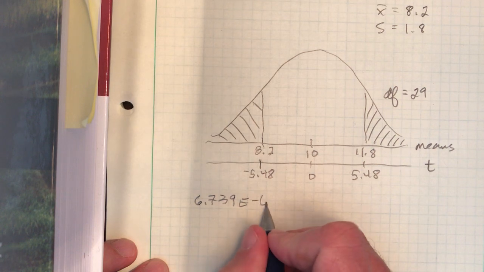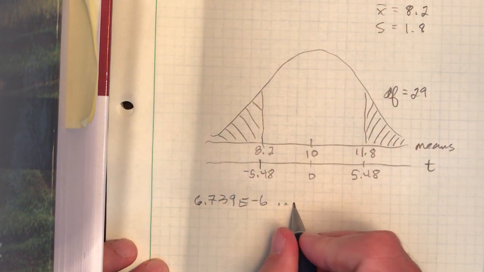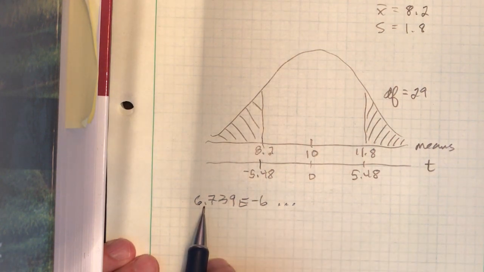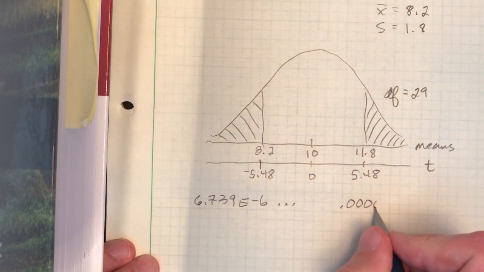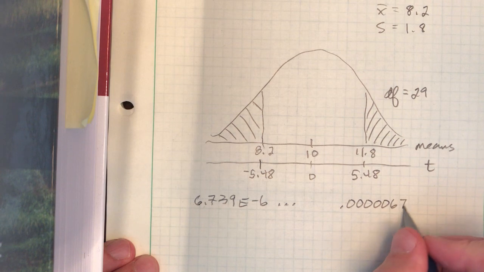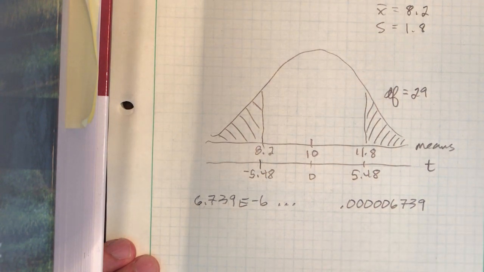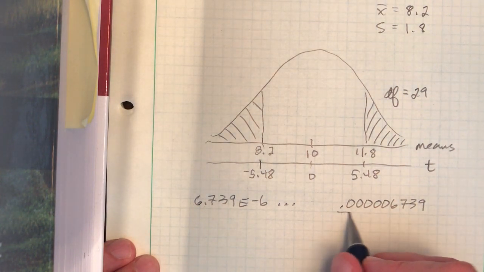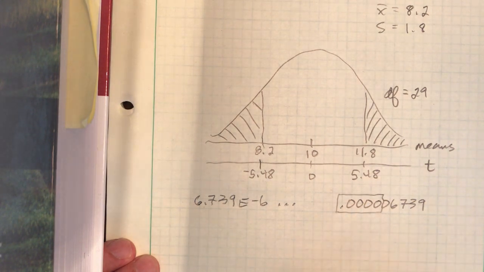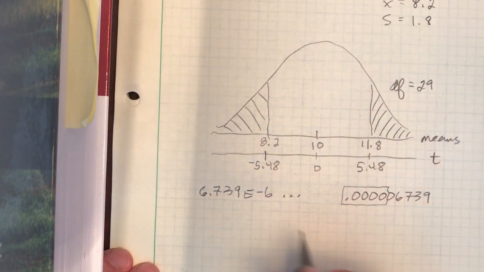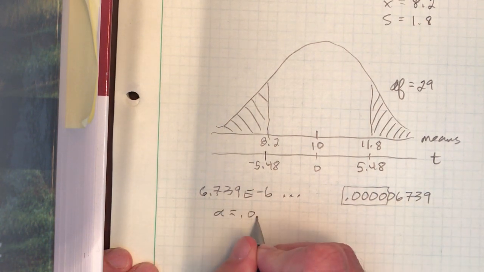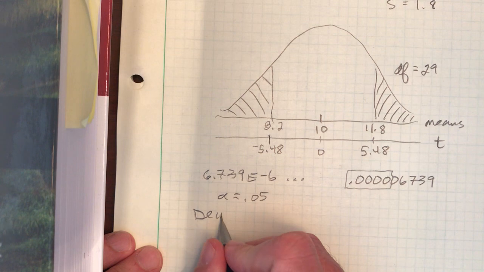What does that E to the negative 6 really mean? That says we're going to move this decimal 6 positions to the left. Well, 1 gets me to the other side of 6, so that would give me 0.00006739. We typically go to the 4th decimal place, so I think we're good to say my p-value is essentially 0, very tiny. If I say my alpha level is our classic 5%, then my decision,